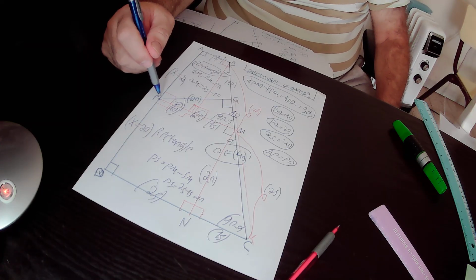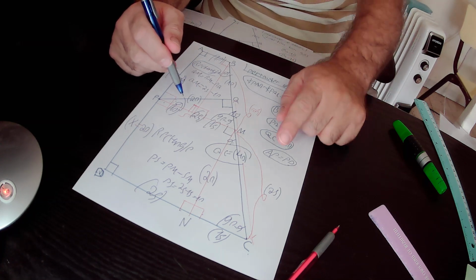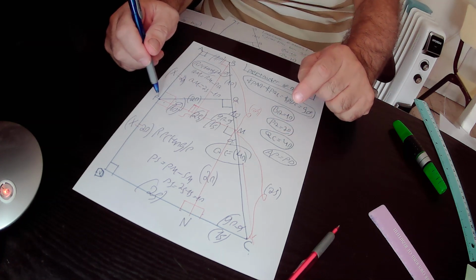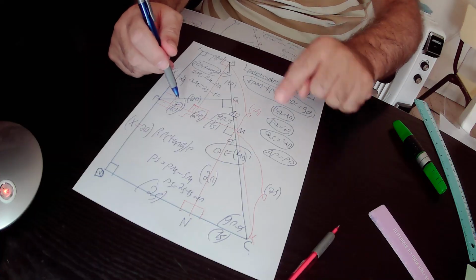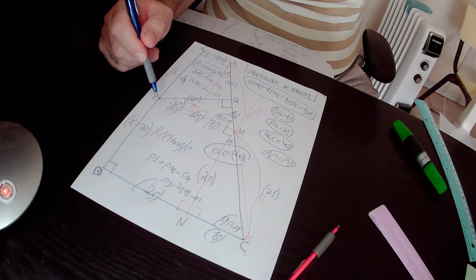Then we extended the perpendicular from point P until it touches side BC. We define the touching point of the extended perpendicular from point P and BC. This point is point M. So